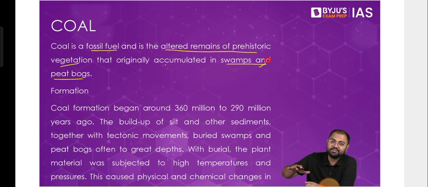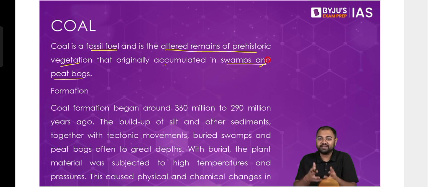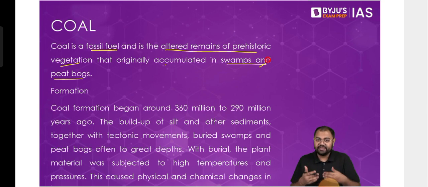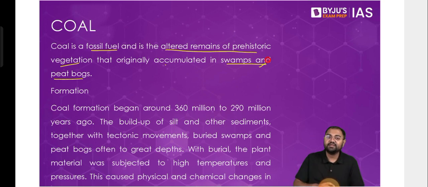They would have been subjected to high temperature and pressure, and this subjection to high temperature and pressure would have led to a position like this, where chemical and physical changes started to happen. So first, all this vegetation that was there in the wetland areas got submerged, and as it got submerged under land, it mixed with the sediments and the silt, etc., that would be there in the deposits. Then high temperature and high pressure it was subjected to. Under these conditions of high temperature and pressure, they got changed physically and chemically, and ultimately led to the formation of coal. So coal basically is coming from prehistoric vegetation in the wetland areas.